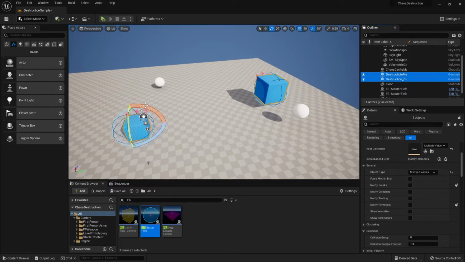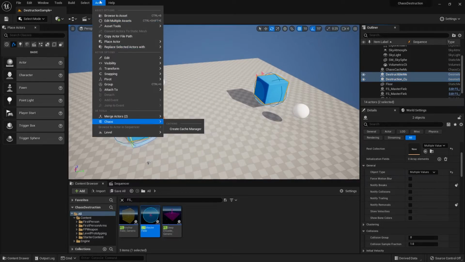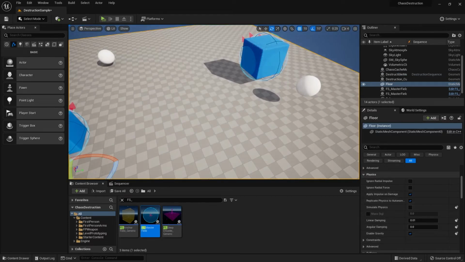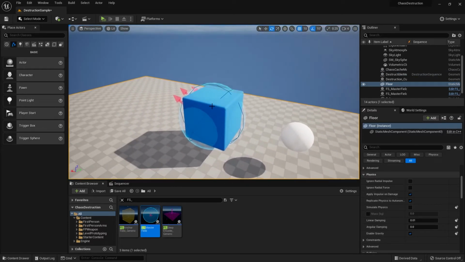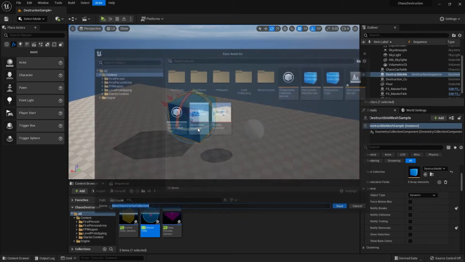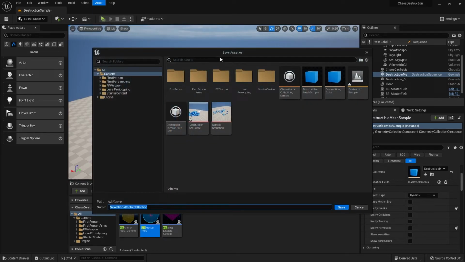Let's say I want these two to be played at the same time, then I'll select both of these, go to actor, chaos, and create cache manager. But for now, I'm just going to do this one because I already have that one in the cache manager.